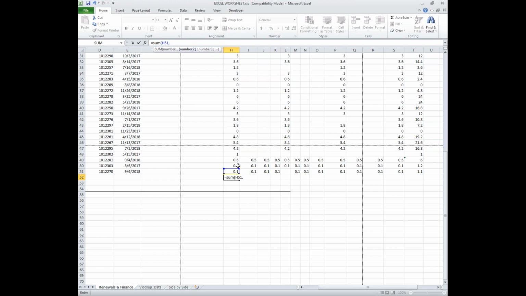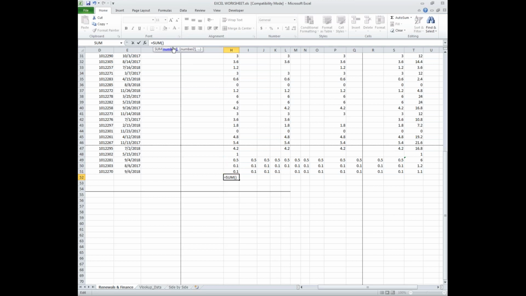It's telling me that the next cell I click on is going to be the number 2 cell. I click it here, and if I ended this formula where it is, it adds cells H50 and H51 to give me 0.2. I can also extend this indefinitely by simply adding a comma and clicking on the next cell,